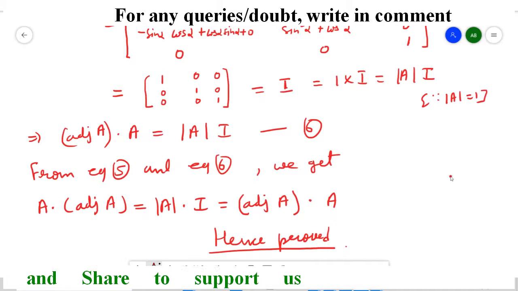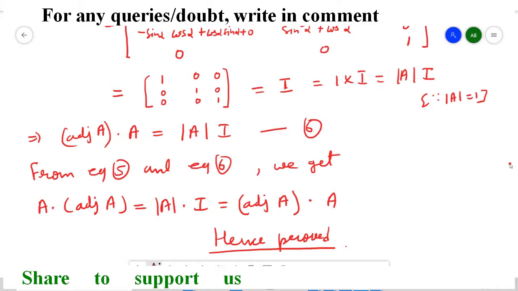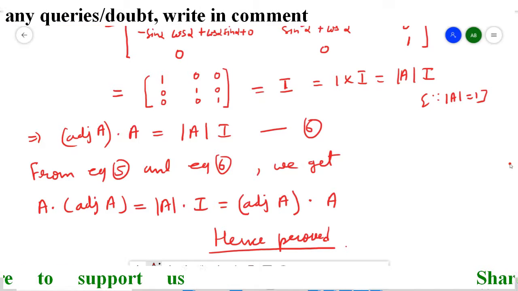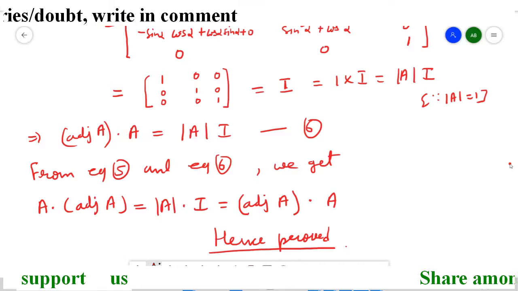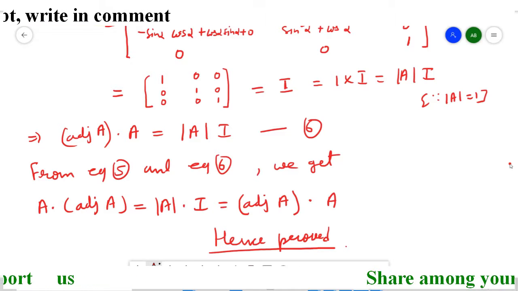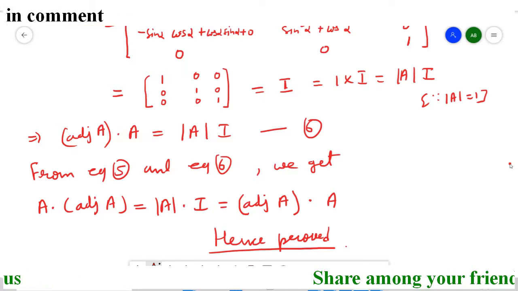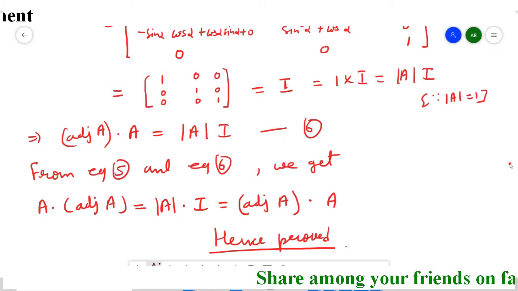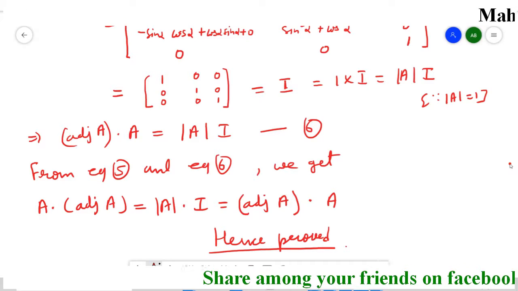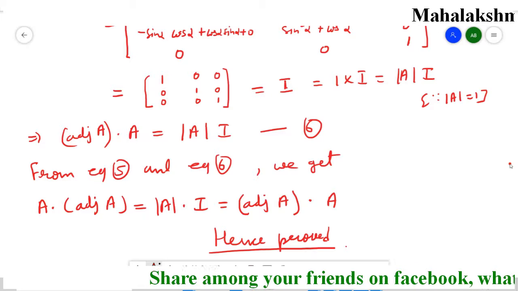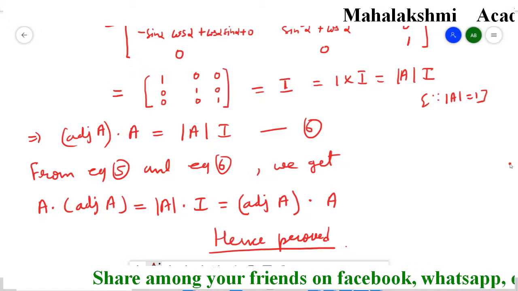So in this question you must know how to multiply two matrices, which I explained in chapter 4 or in chapter 3. That's why first go through chapters 3 and 4, understand how to multiply two matrices, and then just try it. Surely you will get it. Thank you.